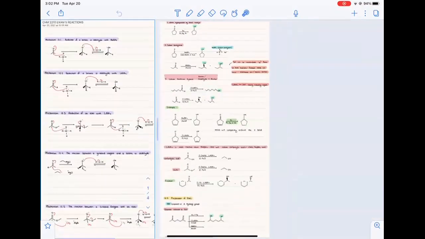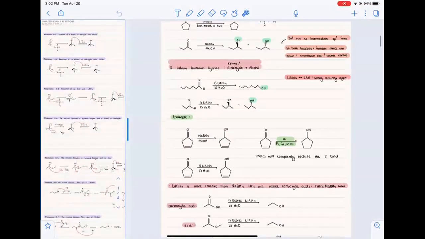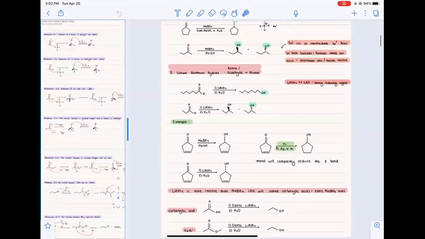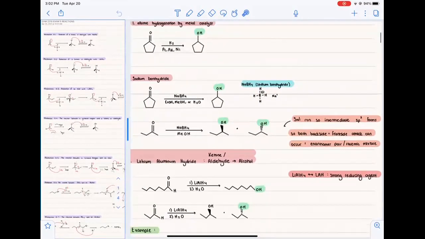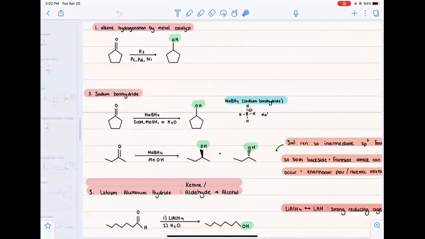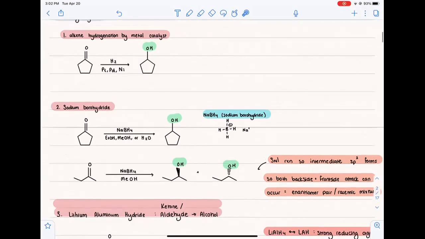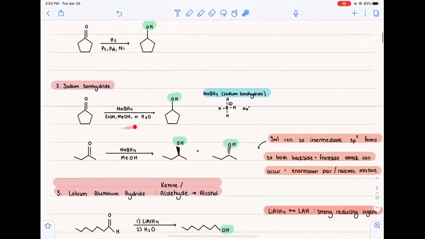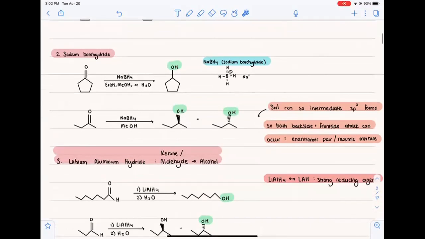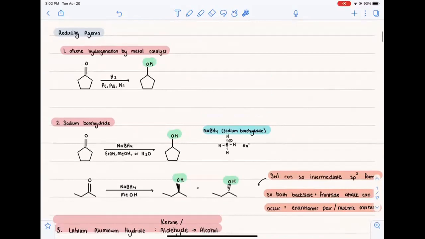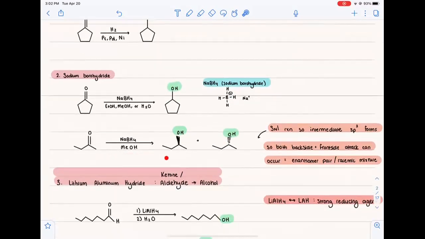No, I don't have the mechanisms for these yet, but we have a couple mechanisms for other things in a second I will get to. Over here, we have sodium borohydride, and you can react it with a lot of other little reagents down there to make soluble stuff like that. Again, same reaction though, we're making the same product, but with this one, we have a racemic